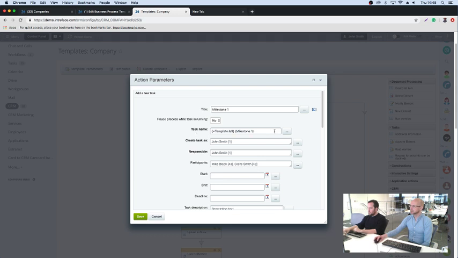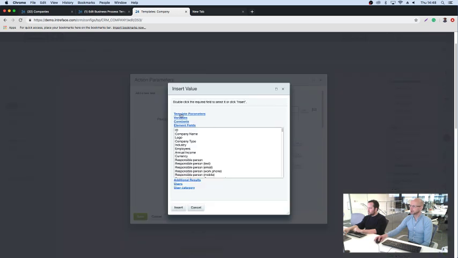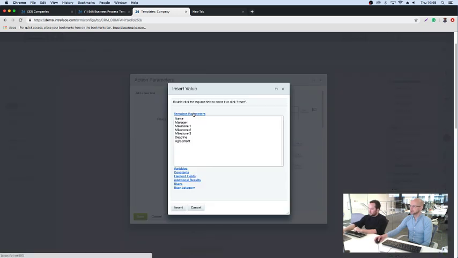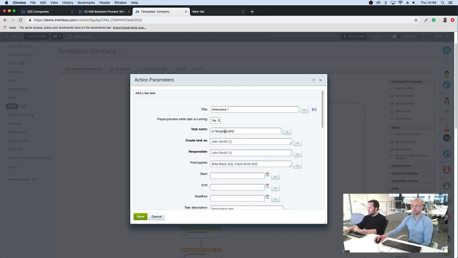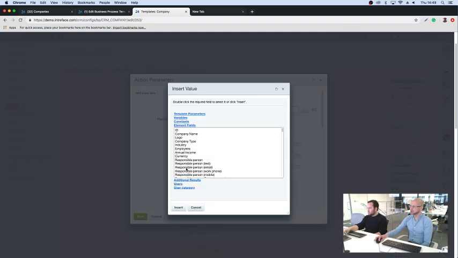So what we do, we click on the button with 3 dots here to the side of the task, and go into template parameters at the top here, and use that information from that field to actually populate the name of the task. So yeah, that's it. They exist up here. It's not the standard element fields, because they're the standard fields that exist in this case in a company record. It's those custom fields, or those